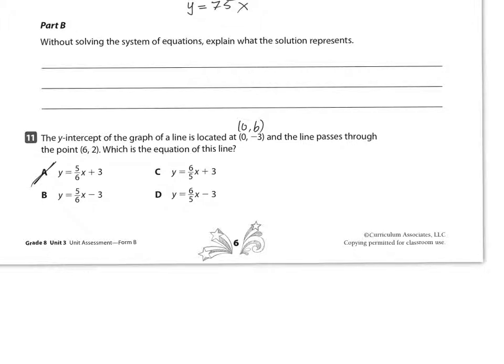This one doesn't have it, and this one doesn't have it. So now we only have 2 more options. And to find between B and D, the only thing you need to do is use the slope formula. So that's going to be 2 minus -3 divided by 6 minus 0. So that's going to be 5 over 6. So your answer is going to be